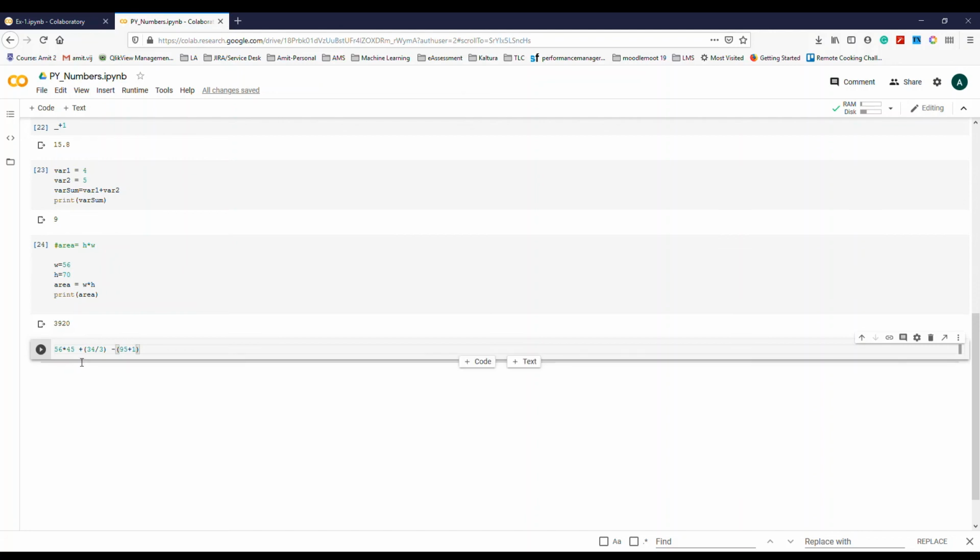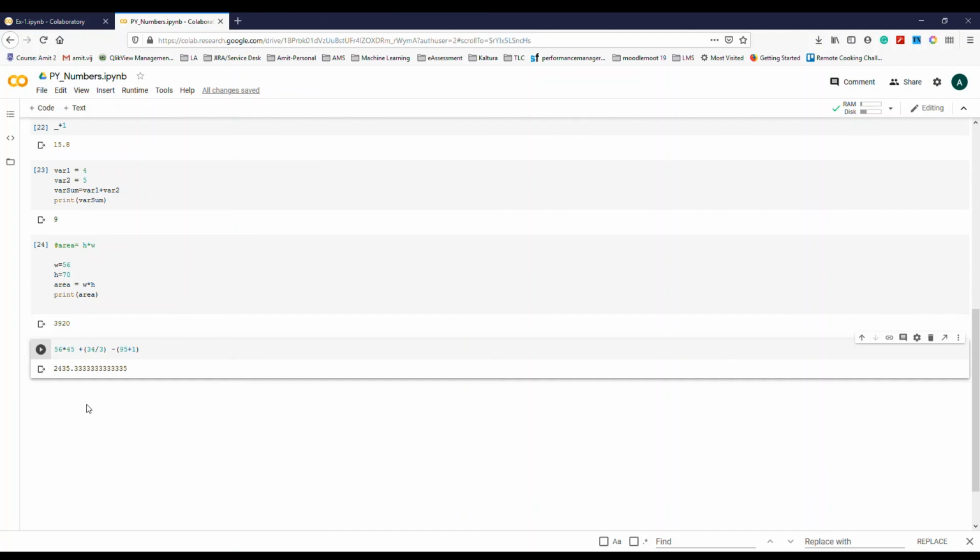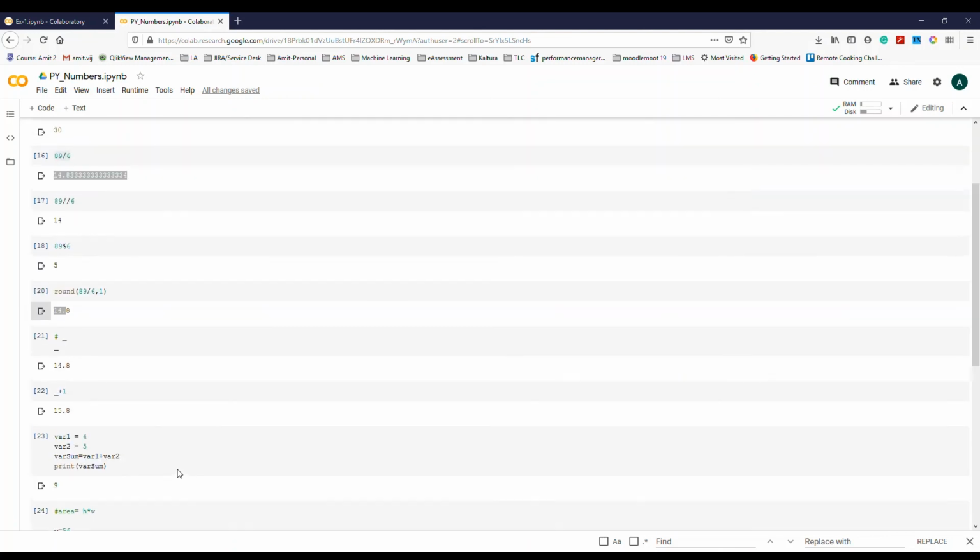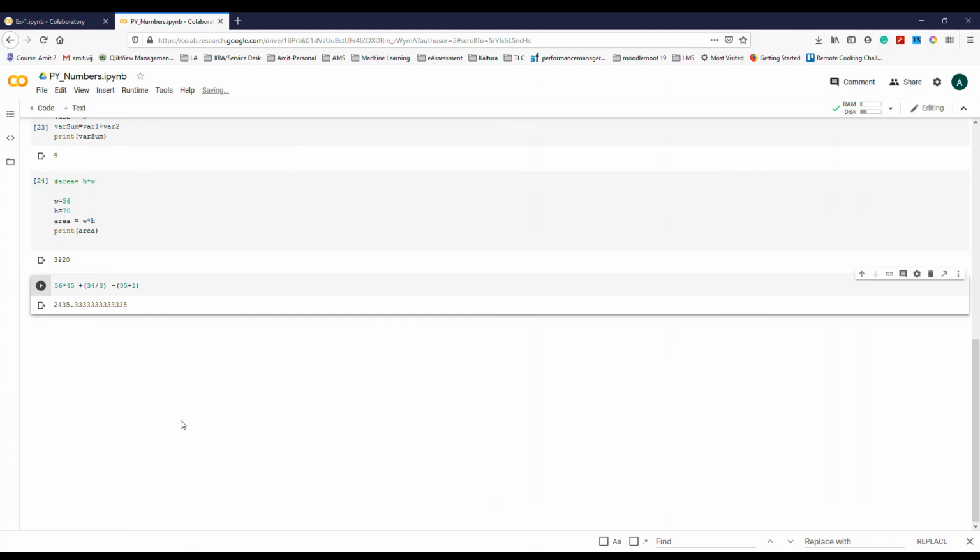It's just an example, so we can use it this way as well. Python is smart enough to compute any calculation by using the BODMAS rule. So this is the way we can utilize numbers in Python.